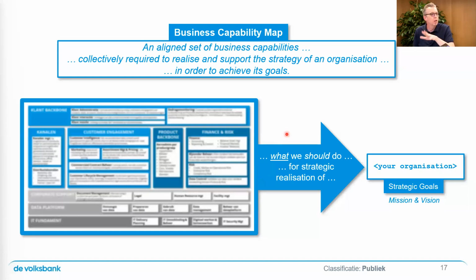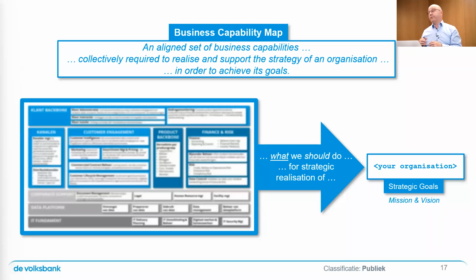This is the what. Processes, IT is how we will do that. Correct. And another thing about the business capability map, my understanding is also that it tends to be pretty stable over time if all goes well, right? Yes. So if the business capabilities describe what we need to do to fulfill our strategy, then unless the strategy changes, the business capability map itself doesn't really change, because you already established what you need to do, and what you need to do hardly changes.